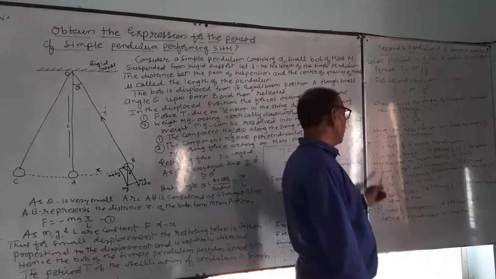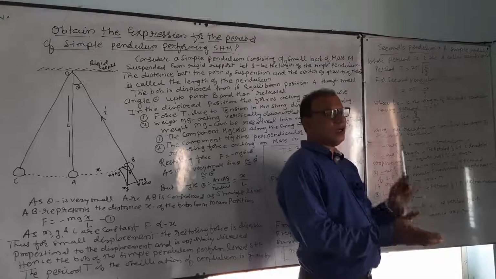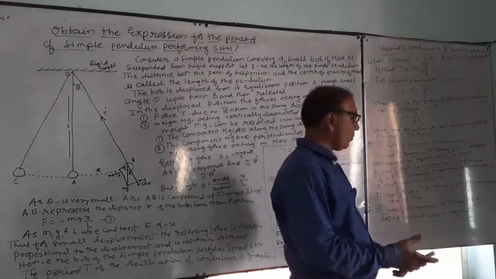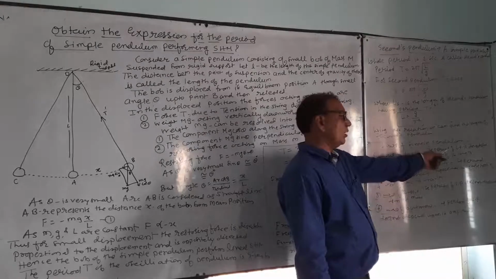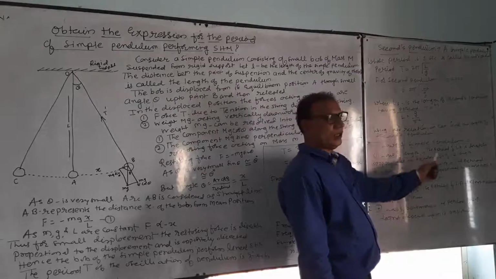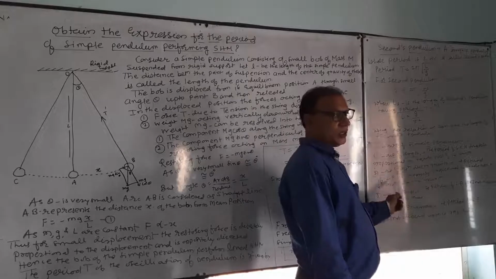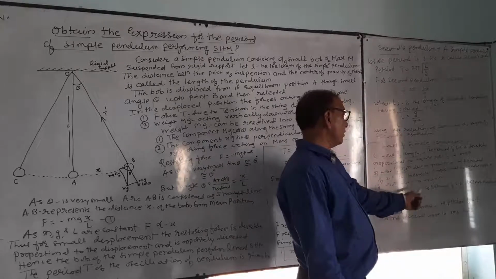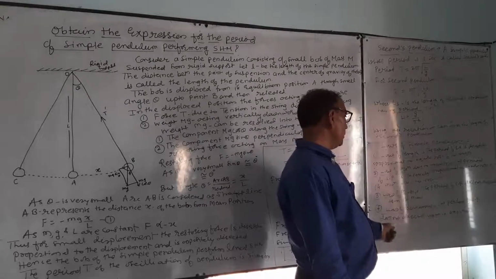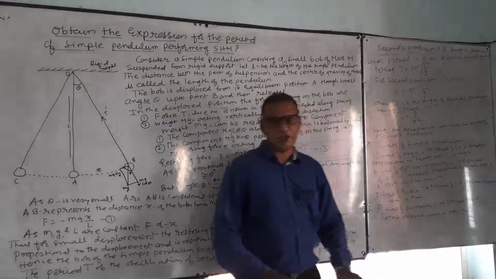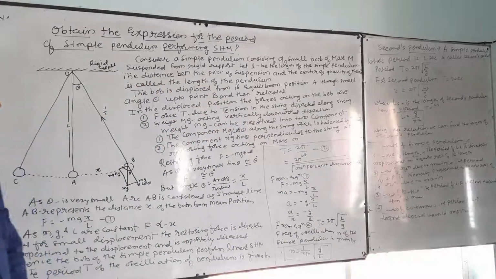You have to write these four important laws of the simple pendulum: law of length, law of acceleration due to gravity, law of mass, and law of isochronism. And write its description. The period of a simple pendulum is directly proportional to the square root of its length. The period is inversely proportional to the square root of acceleration due to gravity. The period does not depend upon its mass. And finally, the period does not depend upon its amplitude. These are the three important points we will discuss today.